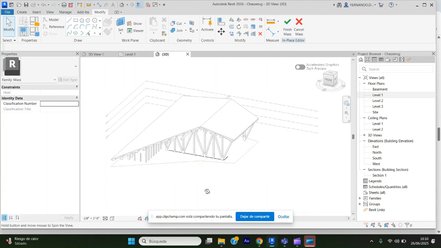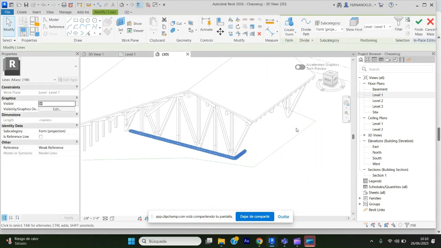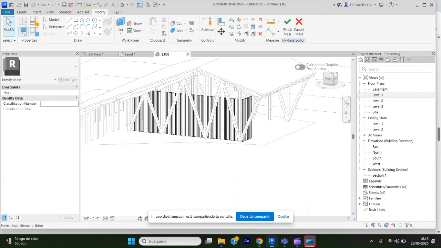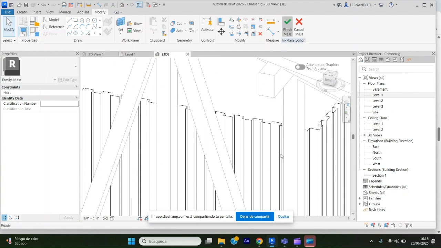So this is the 3D view, and that's the shape that makes the mass. So what I have to do now is to select all these, and if I'm in massing, I have this option, create form. I'm going to create a solid form. If I do that, come on, there you go. Okay, so I have created a mass with this shape. I can finish,